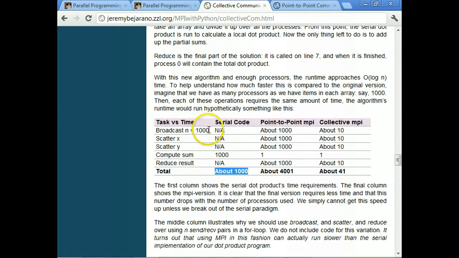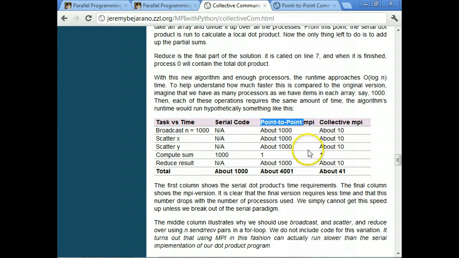Well, if we were to use point-to-point communication to implement that broadcast, say we had as many processes as elements of the vector, which would be terribly inefficient anyway, we would have to send one by one 1,000 times, and scatter one by one 1,000 times. If each process only had one element, it would only have to compute one multiplication and sum. And then when we reduce the result, those results would have to be sent to the root node one by one. So the total number of operations in this hypothetical situation would be 4 times the size of the serial code.